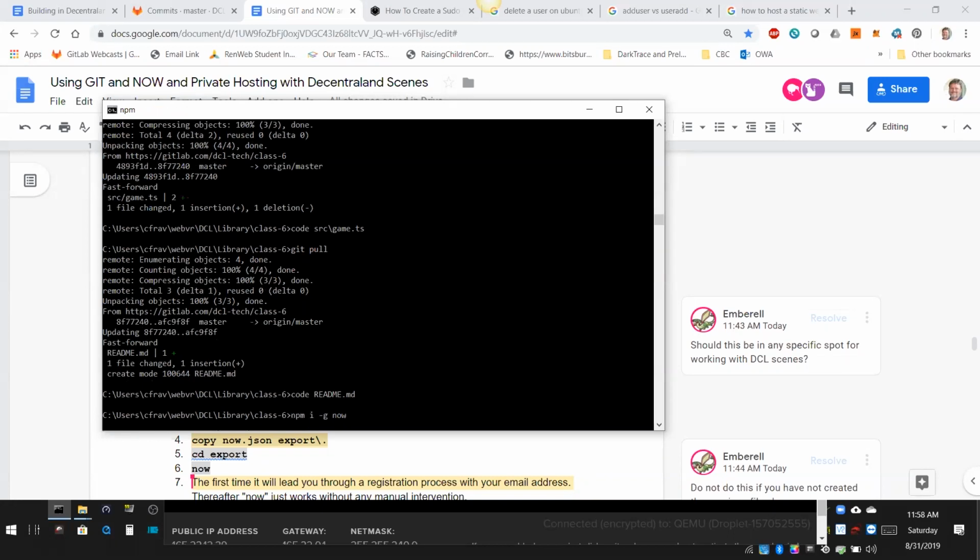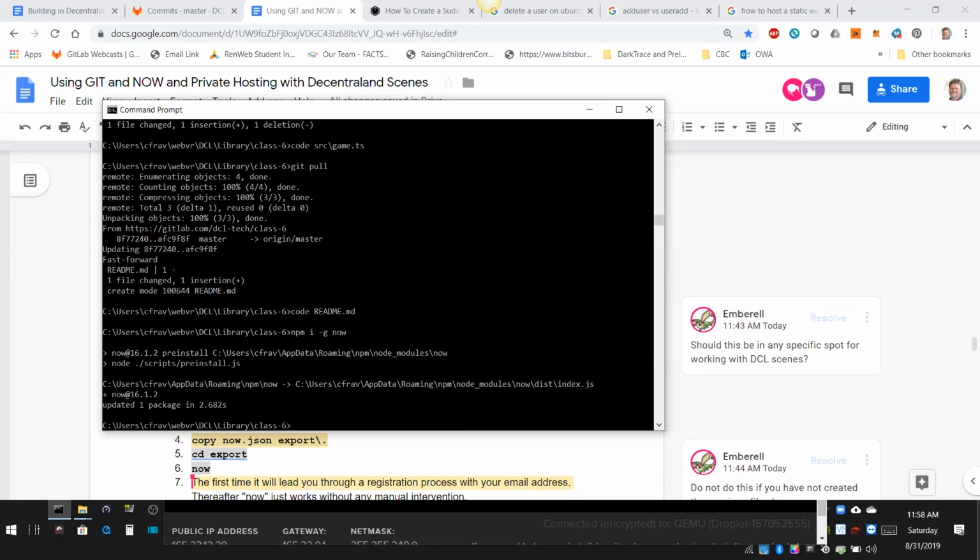I already have it installed. It'll just make sure that I have the latest version, which is 16.1.2. So basically, it just did a reinstall and installed the latest version. And then